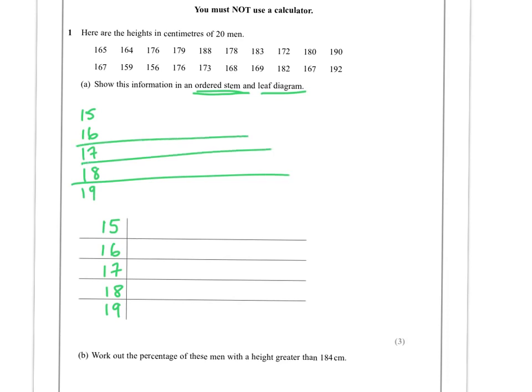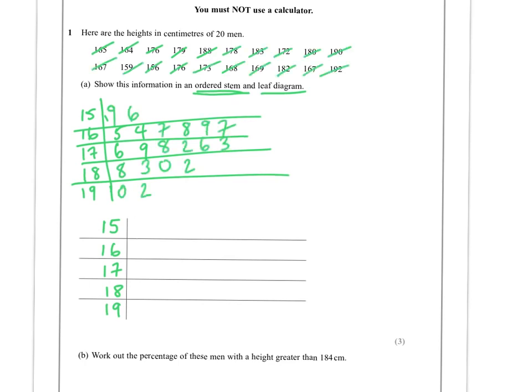And then just quickly tick the ones off that we have here. So 165, 164, 76, 79, and so on. And then I order them afterwards. So we've got a 6 with a 9, and then a 4, 5, 7, another 7, 8 and 9,